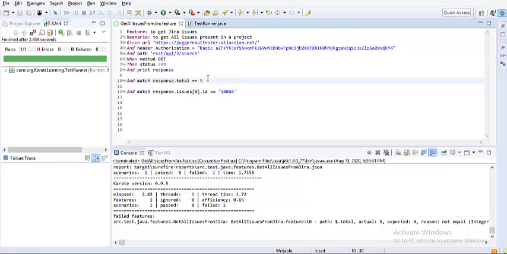And that's it for this video, guys. In our next video, we'll be looking into more fields, like how to validate the description for a particular bug and the ID of a particular bug, because right now the call that we performed gives the whole list of issues present, but in our next video we'll see one specific record, and from there we'll explore the ID, who created that ID, and the description of that ID, and we'll match all that so that we can learn automating another endpoint, and also better understand how to traverse the JSON path.